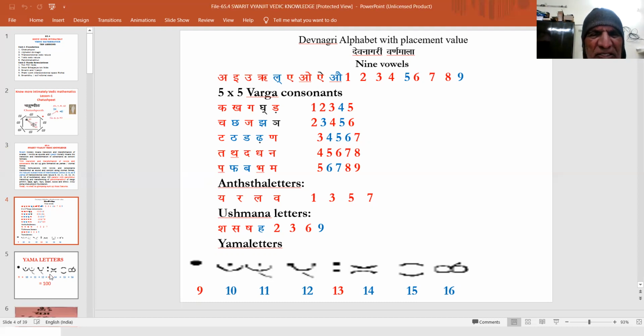The transition and transformation of sounds along yama format as a jyoti is the feature of Vedic knowledge for which we have to revisit the Vedic mathematics.